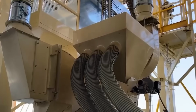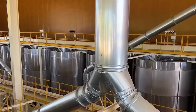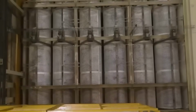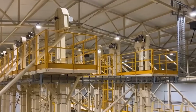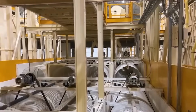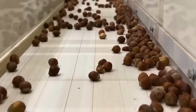or discolored nuts. The next step is roasting, a critical transformation stage that dictates the final flavor of the entire chocolate. The factory uses continuous belt roasters or fluidized bed systems that allow precise control over temperature and airflow. The hazelnuts are roasted at temperatures between 140 degrees Celsius and 160 degrees Celsius for 15 to 25 minutes, depending on moisture content and